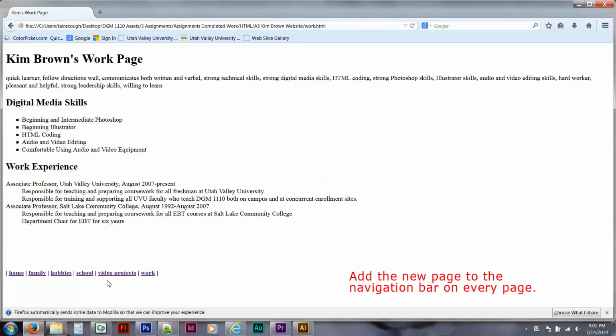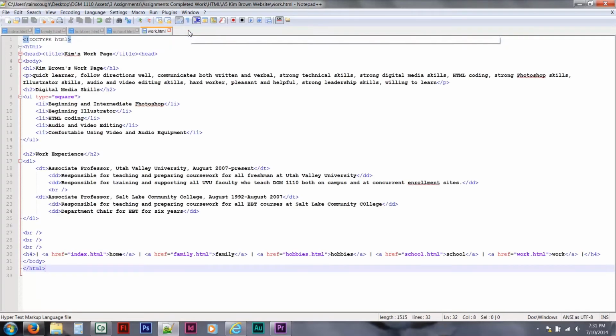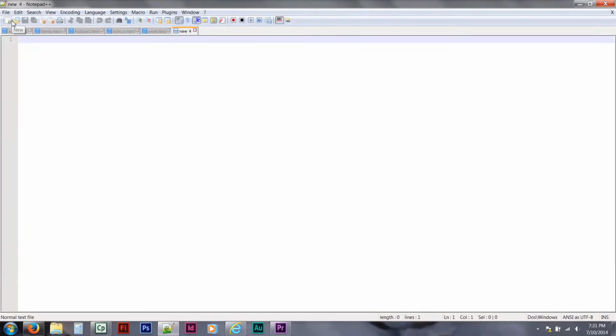Okay, let's go add some color. How do we do that? We're going to actually create what's known as the style sheet. If you'll all do File, New, we'll begin. A style sheet for this class is actually external. The name of this has to be the exact name that I'm telling you because we're going to link it to this name. So we're all going to do a File, Save As,